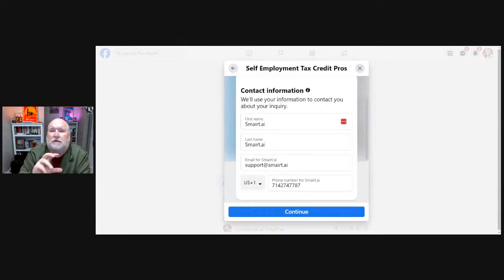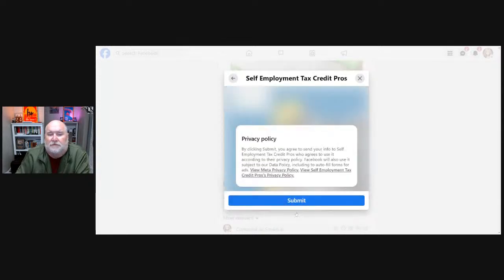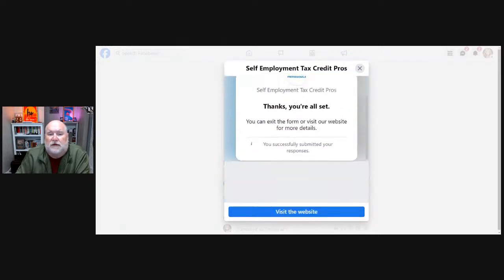Believe it or not, just to give you some stats, a lot of people use Facebook and say, go to my website, and then they go to the website, and then they have to fill out an opt-in form on the website. This eliminates taking them off of Facebook and lets them stay on Facebook and opt in right inside the Facebook desktop or on the mobile app, which is very convenient. They just push a button and Facebook fills the form with all their information. That's standard. And then they're basically opted in. As soon as we opt in right here, there's a privacy policy. We submit to that.